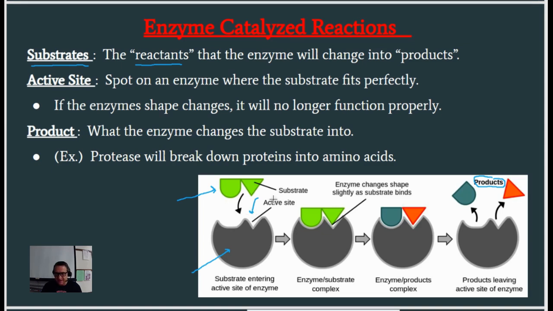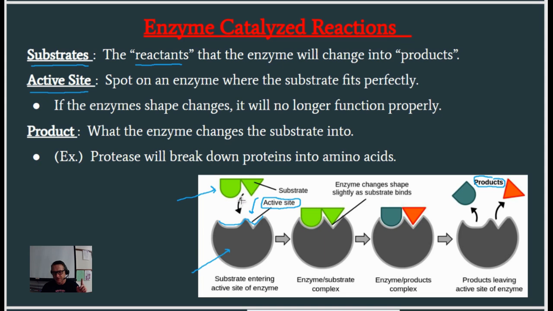So the substrate comes in to the chemical reaction. It's going to fit in this spot right here. It's got a perfect shape. You can see that this shape is the same as the shape of this substrate. And that spot on an enzyme where the substrate fits in is called the active site. Active site. The spot on an enzyme where the substrate fits perfectly. So if that shape gets changed, that substrate will no longer fit in the active site and the enzyme will